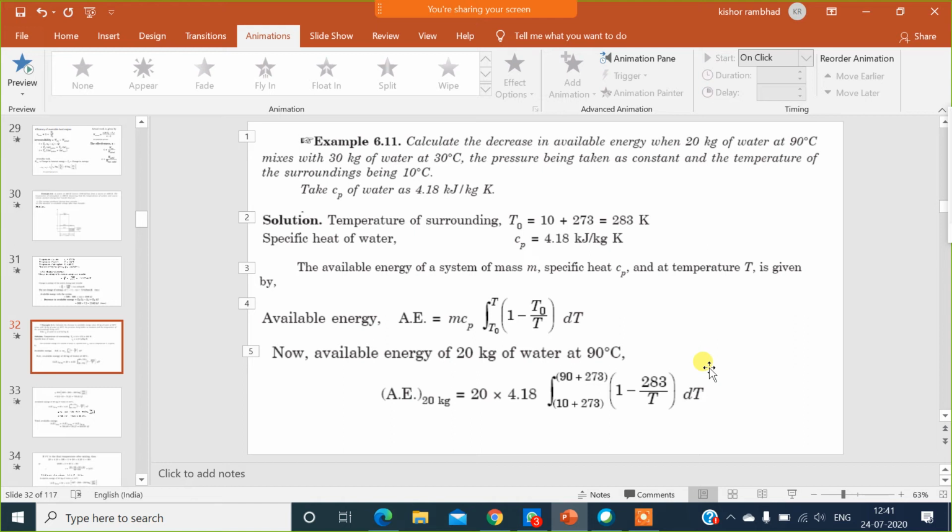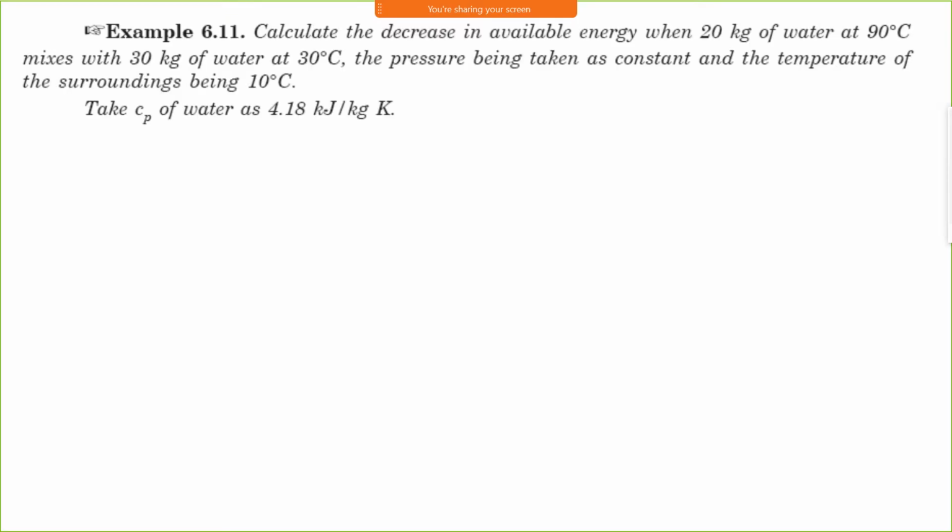This is lecture number 24 of Engineering Thermodynamics. We have already completed one numerical based on availability. This is the second numerical. Calculate the decrease in available energy when 20 kg of water at 90 degrees Celsius mixes with 30 kg of